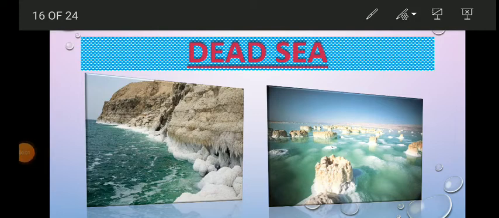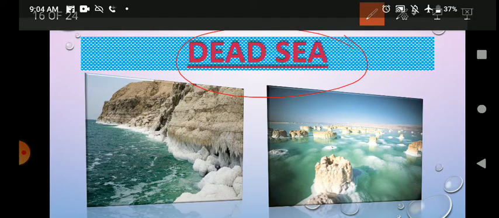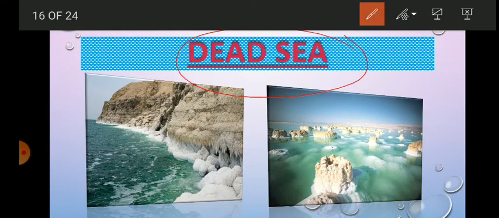Now children, you can see here some pictures of the Dead Sea. We have many oceans and seas, and we know that seas have salty water, but the saltiest of all is the Dead Sea. The Dead Sea is the saltiest sea.